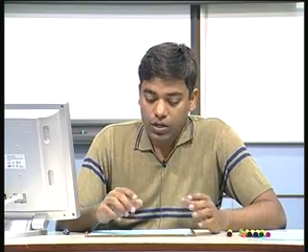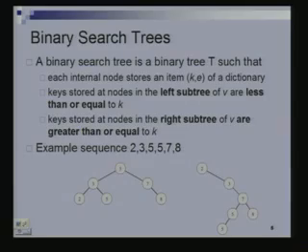So, these were the trivial ways you would adopt to implement an ordered dictionary, but we are not here to talk about triviality. We are going to look at something more interesting, and that is called a binary search tree. So, what is a binary search tree? A binary search tree is a binary tree which has a search property on it. Recall, what is a binary tree? A binary tree is a tree in which every node has at most 2 children. A node can have 1 child, 2 children, or no children. No children means it is a leaf node.